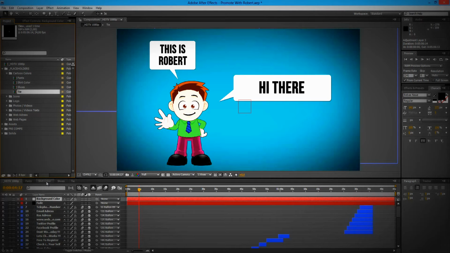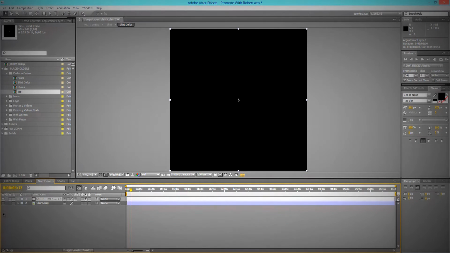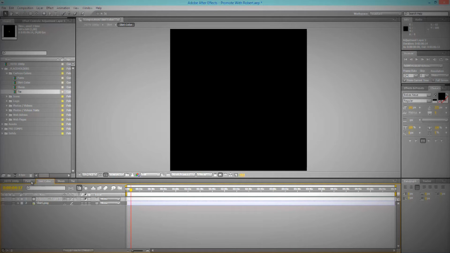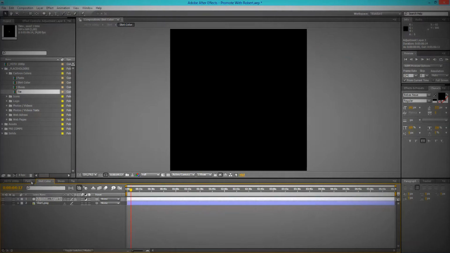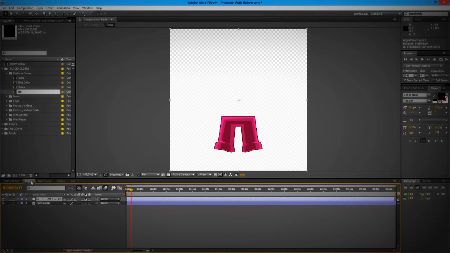The only caution that you may have is, once you are happy with the colors, just disable the shirt. And of course you may want to use the original colors of the project, and to do that just disable the... not the original colors of the project, the original colors of the cartoon. You have the link available inside the project folder for the cartoon made by Pixadden, and if you go to